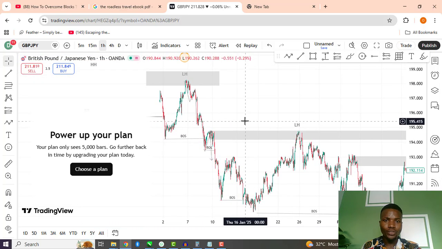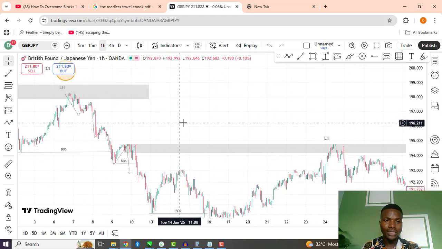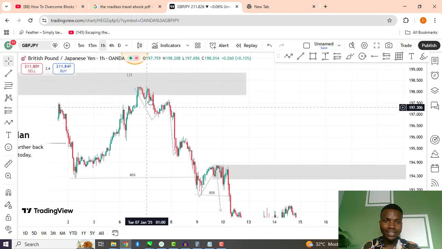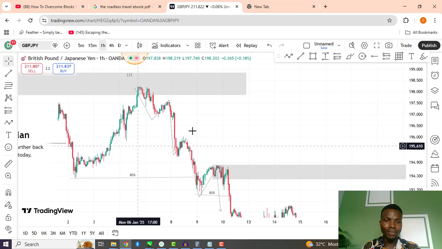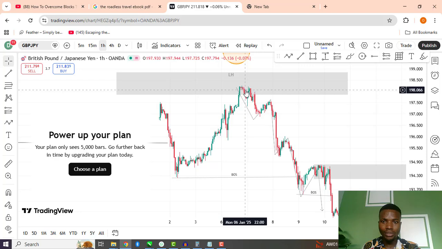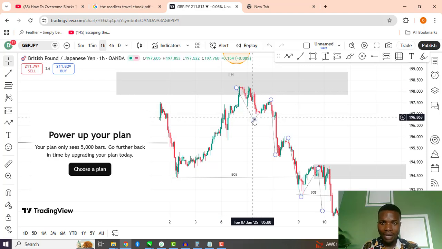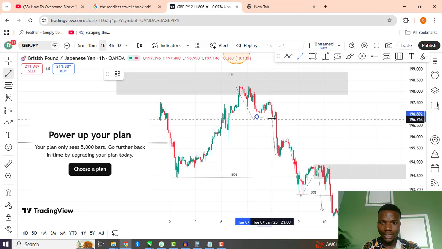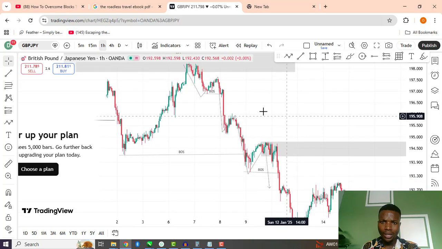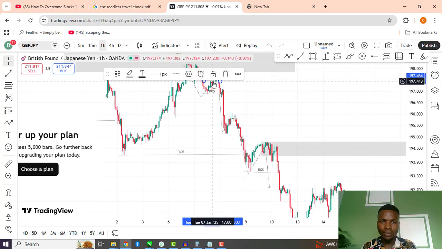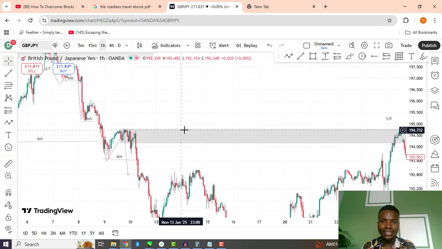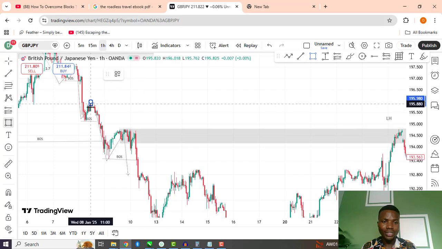So what I'm trying to explain to you is that price was creating an internal break of structure. You can see that this is the point that the market begins to shift. So this line is our market shift, then price came all the way up here, and you can see we have a minor internal break of structure here. This is a break of structure. We also have a new break of structure to the downside. Can you see that? And we can see clearly that price actually respected this one,